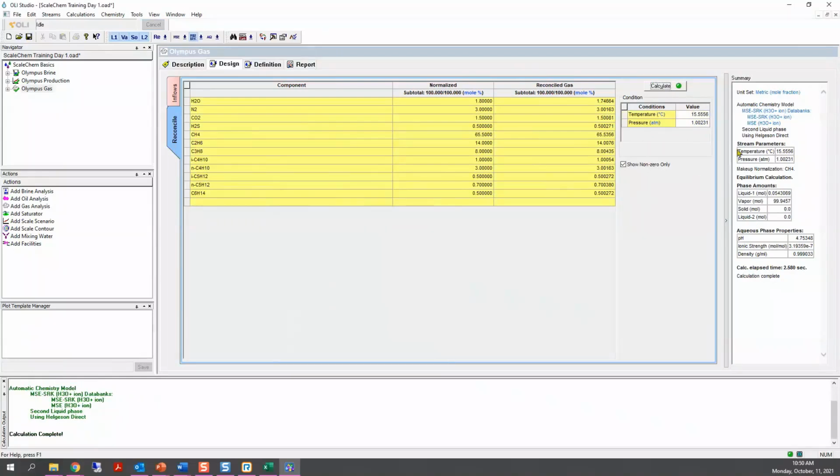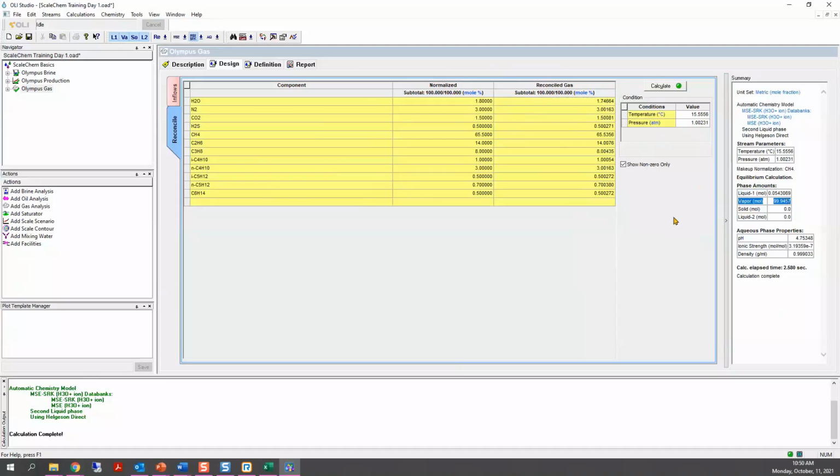So in the summary table, in the summary part, you'll see that the software is saying that we have a little bit of liquid. We are condensing a little bit of liquid. And what happens is that the software is saying that really this gas can hold 1.75 mole % of water, and we entered 1.8. Okay, so maybe there was an error in measurement. It's just within uncertainty of the measurements.